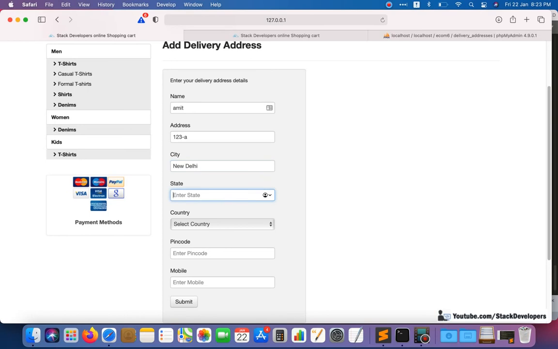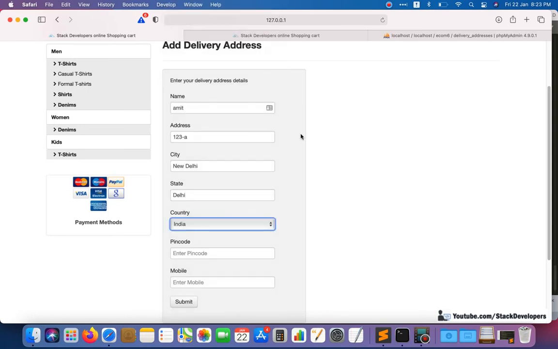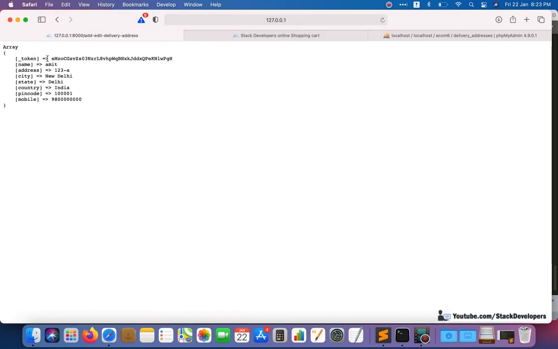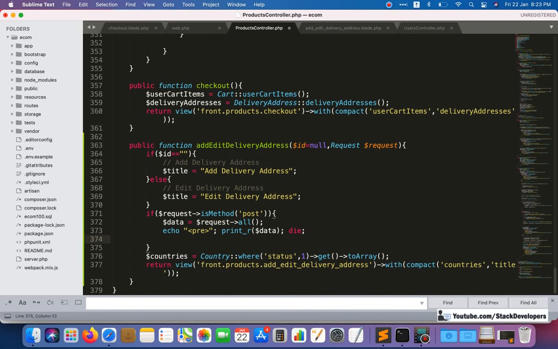New Delhi, Delhi, India, pin code 1, anything. Okay, fine. Now see, click on submit here. So the details are coming fine, so that is fine. Now we can move forward, we can add the address here.